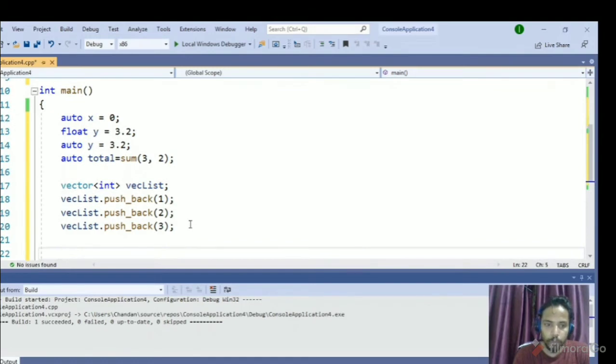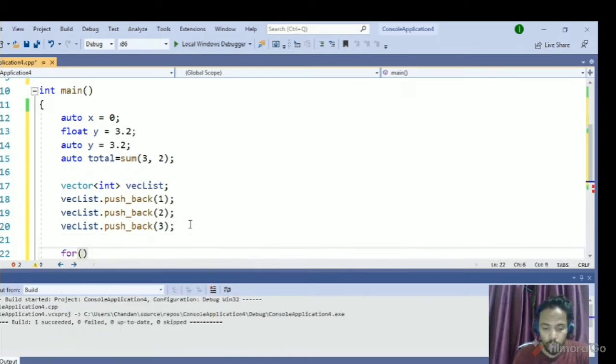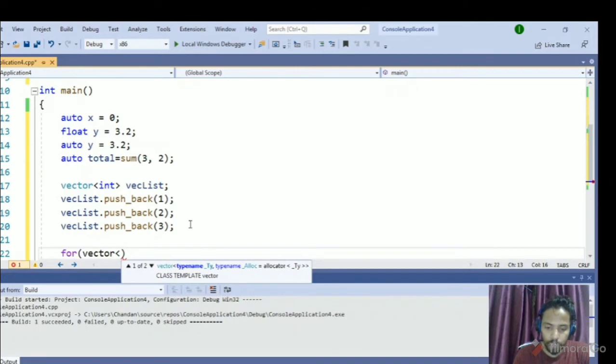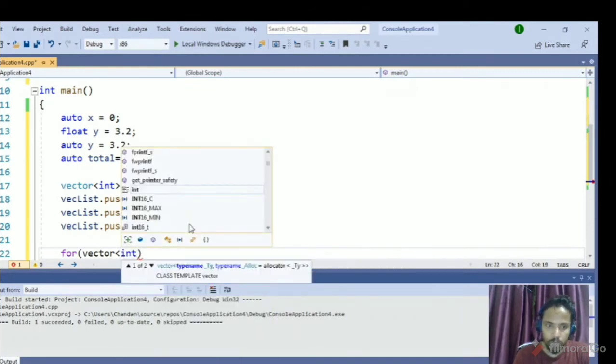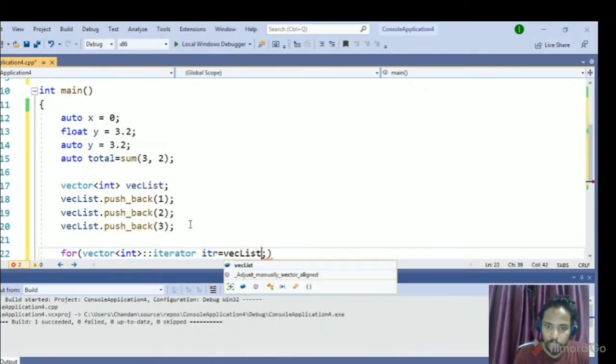So for example, I have to print this vector. What I will do, I will use a for loop. So inside the for loop I will use an iterator inside vector. So I will use vector of int here, and then I will use iterator. Then I have to use some value like itr, the iterator pointer, which should belong to veclist's first element.